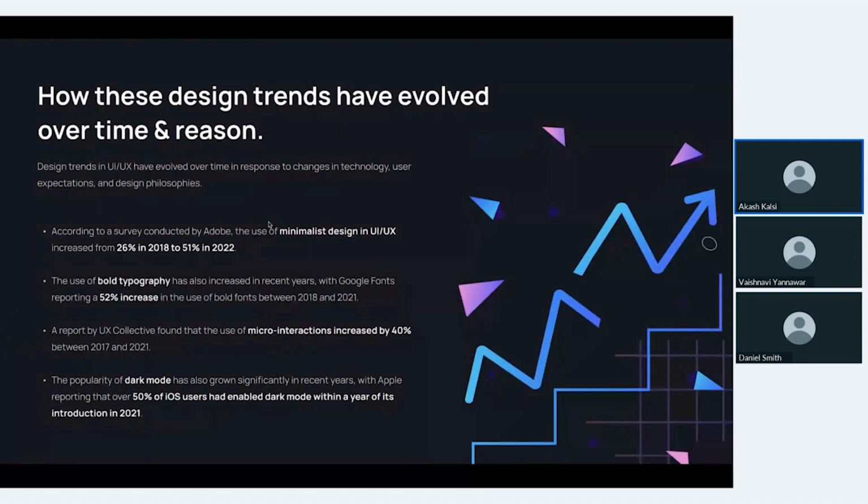So when we create minimal designs, we use very simple typography, usually sans serif fonts, and also a very limited color palette to make our design look clean. Because at the end of the day, our main aim should be to create a design that communicates the necessary information and actions to the users without giving them too many visual distractions and elements in the UI.